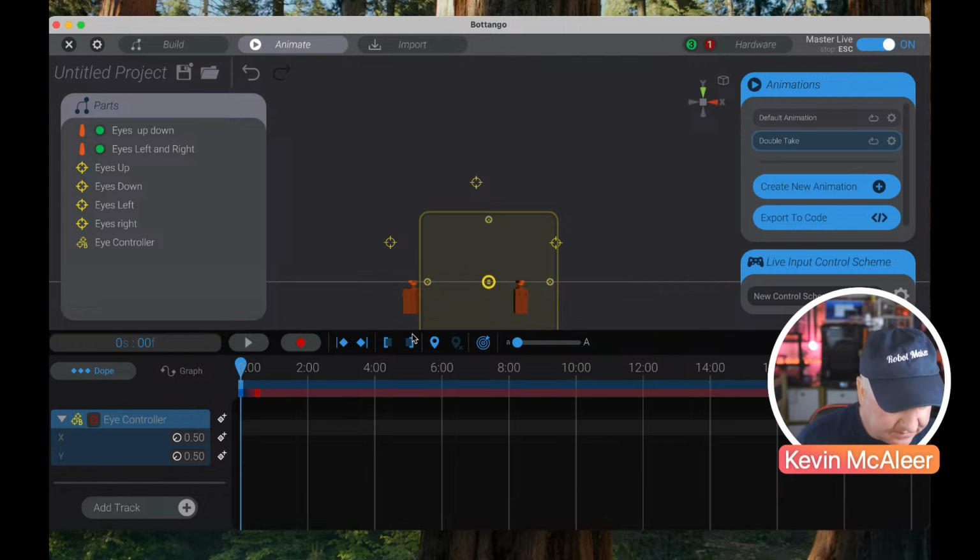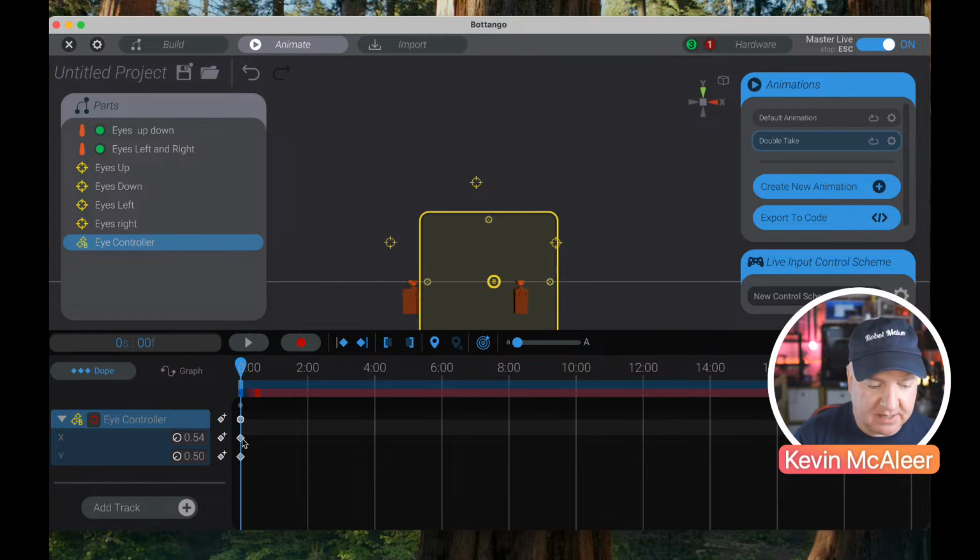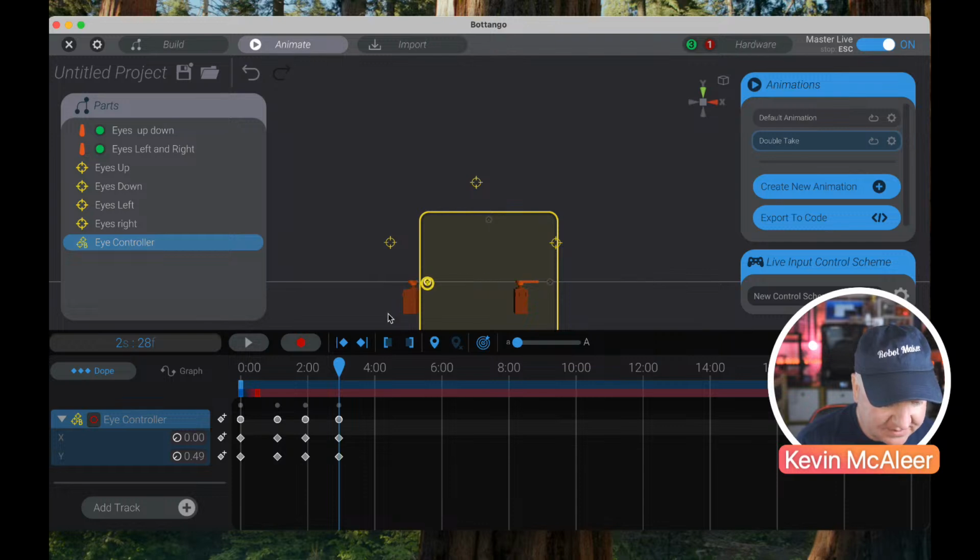As soon as we start moving this around, you can see that a little point appeared on our timeline, a little keyframe. So we can move that to say 1 second. We could then have the eyes look to the left, and then maybe go to 2 seconds, and then make them go to the middle. This is going to be very, very slow as a double take, and then we can make that go back like that. So if we now play that back,